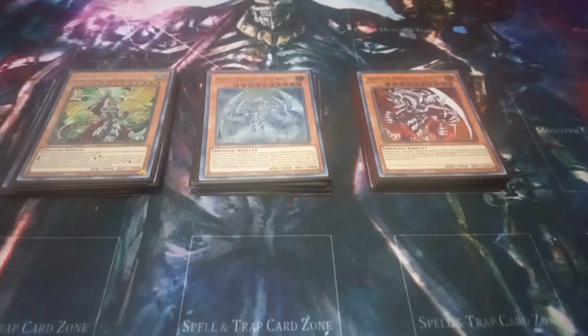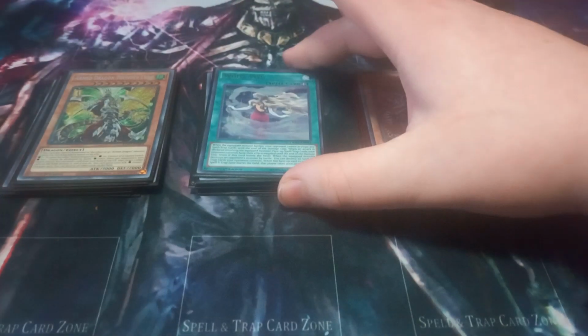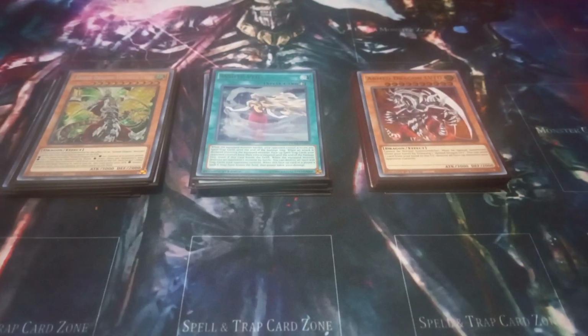I play 1 copy of White Veil. White Veil has the effect of when the equipped monster attacks, your opponent cannot use any spells or traps until the end of the damage step. And then at the end of the damage step, White Veil can use its effect to destroy all spells and traps your opponent controls. And if I remember correctly, the only downside of this card is...